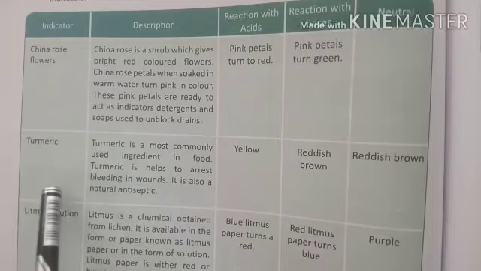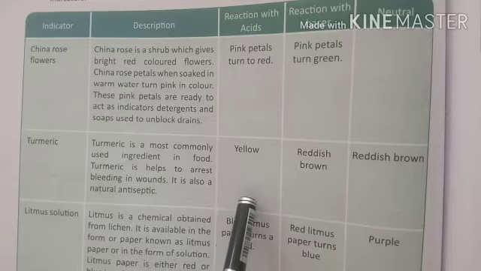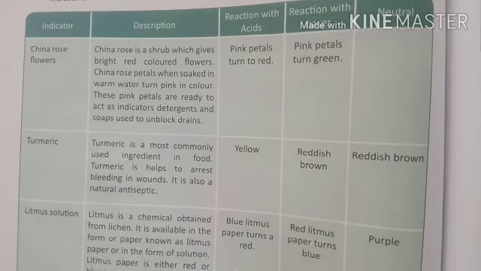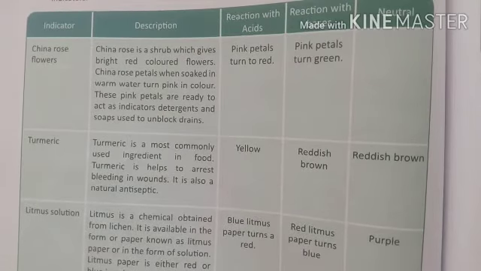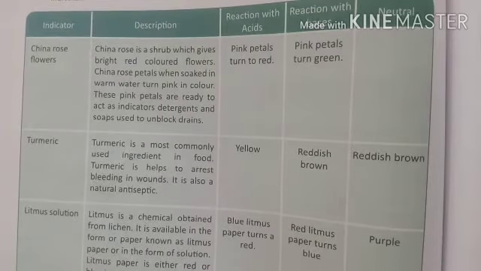Then the next one is turmeric. Turmeric is haldi which you can use at your home. It gives no color with acid, but when it reacts with base, it gives a reddish brown color. Many times when you go to a party or anywhere else and some vegetable oil falls on your clothes, it gives a yellowish color because there is a lot of turmeric inside. And when your mother washes it with soap, this yellowish color turns into brownish red. That shows that turmeric reacts with base, because soap contains base, and that is how it converts into the reddish brown color.